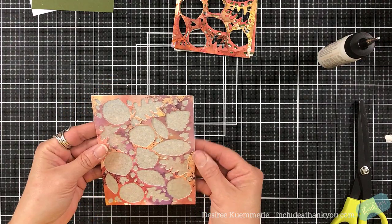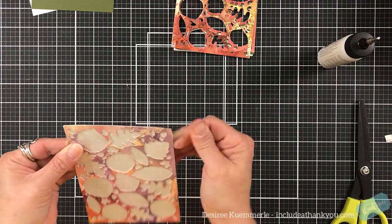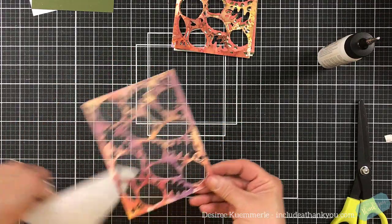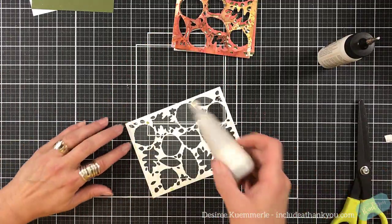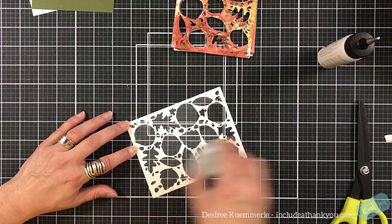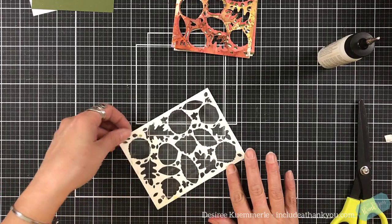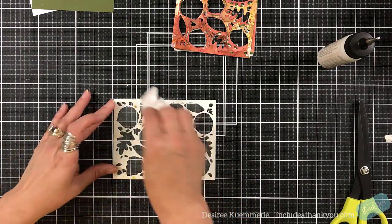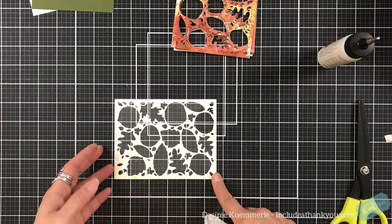So once I know that's on there completely, I will pull away my tissue, and I am also at this point going to rub my anti-static tool on this. So I didn't push any powder out, but I did want to make sure, and I'm going to wipe it down with my,